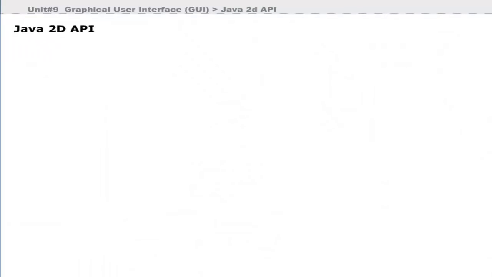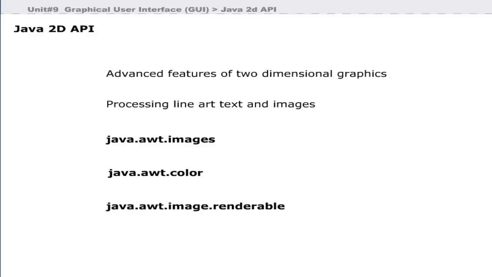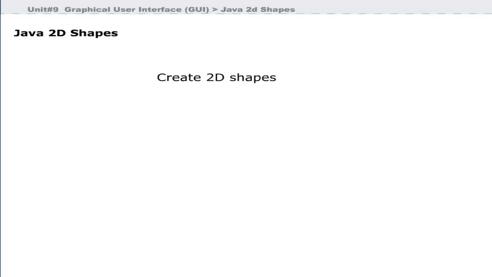Java 2D API provides most advanced features of two-dimensional graphics capabilities. It includes features for processing line art, text, and images. The packages included in Java 2D API are java.awt.image, java.awt.color, and java.awt.image.renderable. Java 2D shapes include packages that allow you to create 2D shapes like thick lines, filling shapes with patterns,